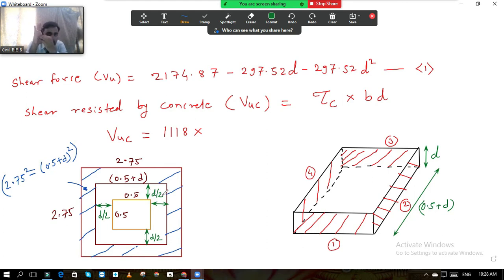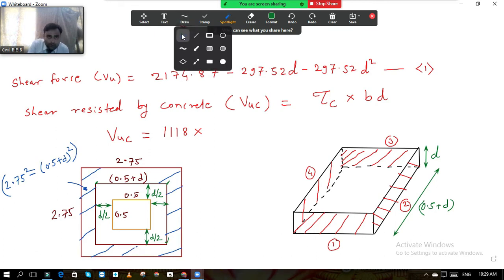Okay, while passing through this, what is the area which comes into contact? This side area will come into contact. This area you are seeing in the plan, but when it passes through, whatever the area on this side will come into contact. Whatever the area on this side, this surface will come into contact. This third area will be this, and the fourth area is this one. Okay, all these areas will come into contact.